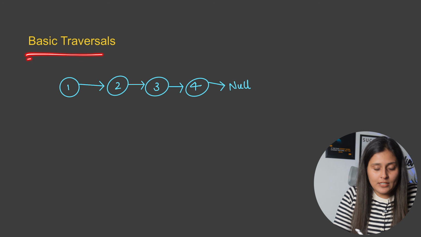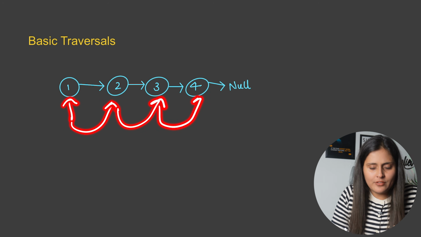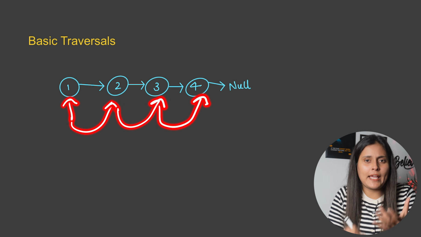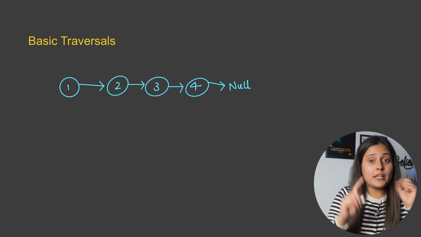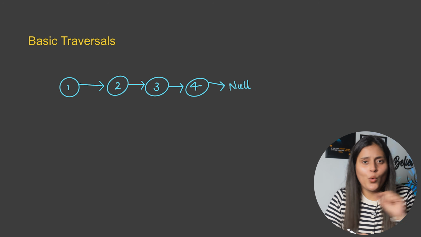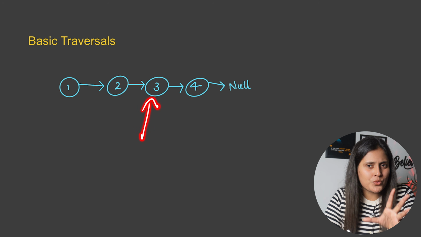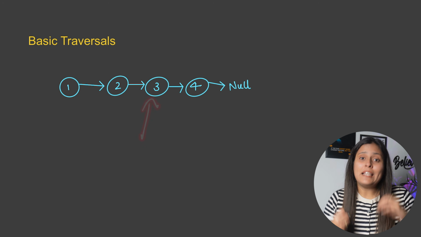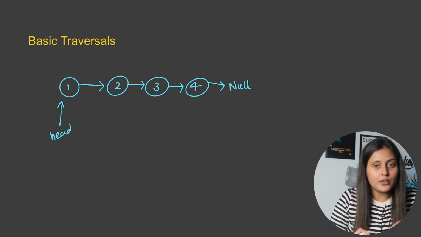In this traversal you simply need to traverse from one node to another node, and you will be doing certain operations like counting the number of nodes, counting the length basically, etc. Because you know that in linked list there is no indexing. Means you cannot directly go to the third index like how you used to do in arrays or strings. So in linked list you have a pointer called head pointer which will be pointing to the first node.